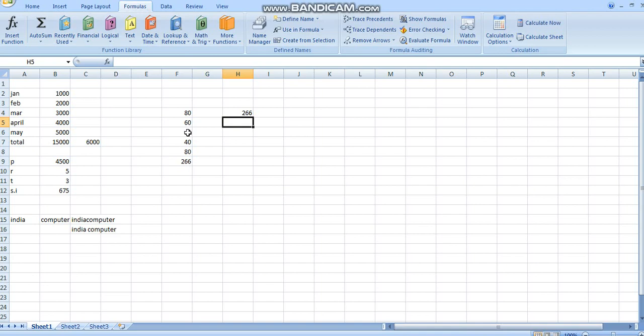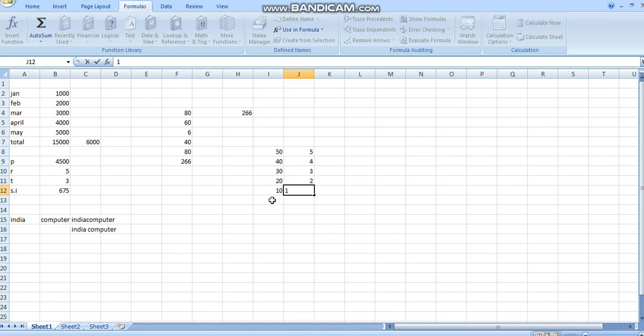I will explain with the help of an example. I'll write here 50, then 40, then 30, then 20, then 10. Then I'll write 5, 4, 3, 2, 1.